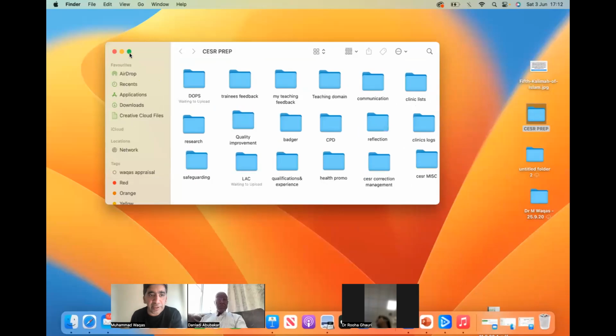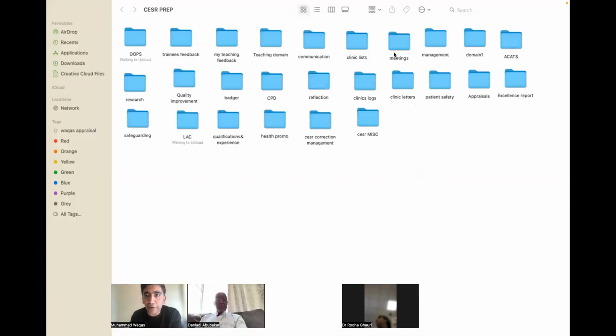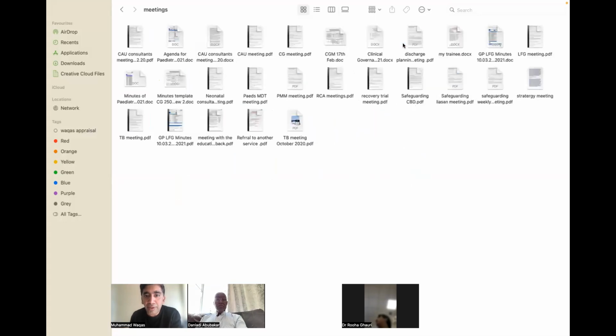This is also helpful. Let me open one of my meeting records. Where is my meeting folder? So this is my meeting folder. Can you see this? I just had one question relating to those meetings. Can we use MS Teams links as evidence that the meeting had happened? You cannot use that as evidence, because before using any minutes of a meeting you have to anonymize all the possible data. The link will not lead you anywhere, so you have to give some document.